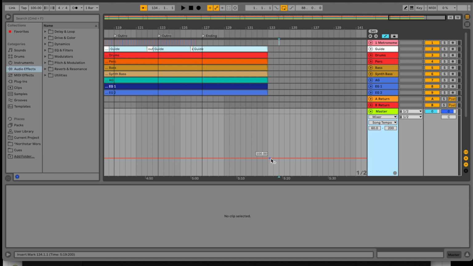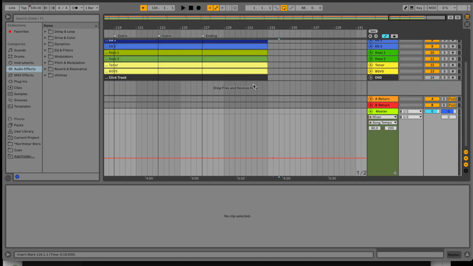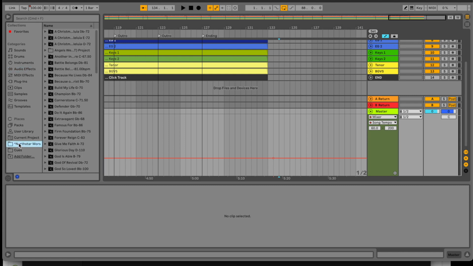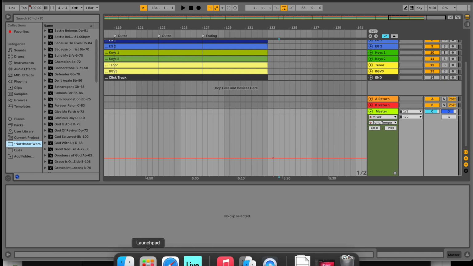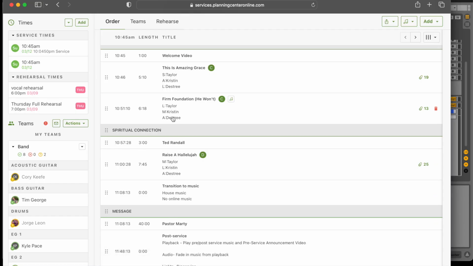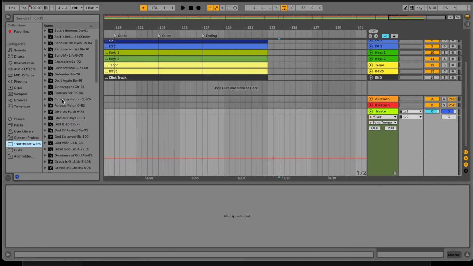Okay, so if you want to add a new song, we'll go here to North Star. Here we have all of the songs and all of the tempos. That's why I titled them that way. So the next song we have is Firm Foundation, and that tempo is 75. After this track is finished, since it's going to be running in a timeline and it won't stop,